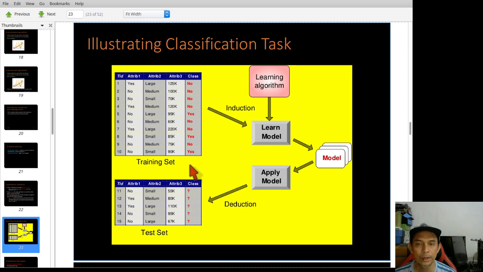In this case you have two classes, yes or no, and each record consists of three attributes: attribute 1, attribute 2, and attribute 3, and the last attribute is the class. For the training set, you already assigned the class, whereas the testing set is used to determine the accuracy of the model.